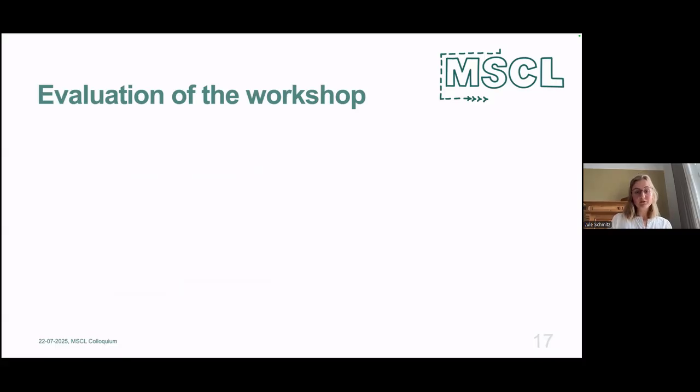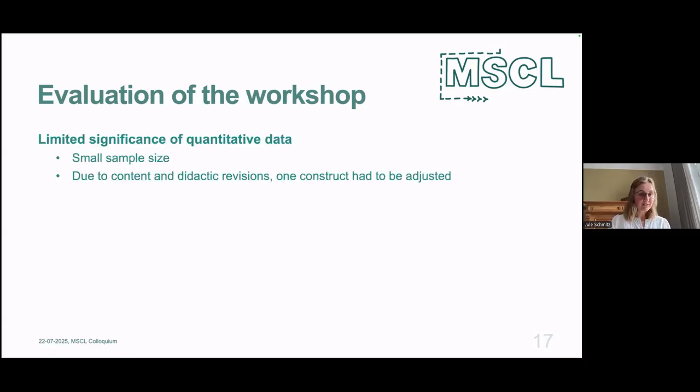Regarding the evaluation of the workshop, and this is also my last slide, we encountered some limitations in the quantitative data. We had a really small sample size in total, and the participant dropout was especially high in the second survey, which was conducted 6 months after each workshop. So a learning could be that an incentive would probably be needed. Of course, this is not always doable. We also adjusted one construct due to content and didactic revisions of the workshop, and therefore the results must be interpreted in relation to the respective workshop. And it's more difficult to compare results between